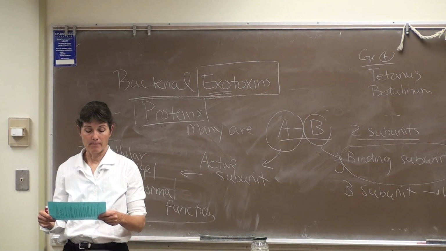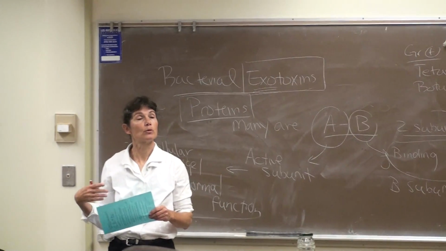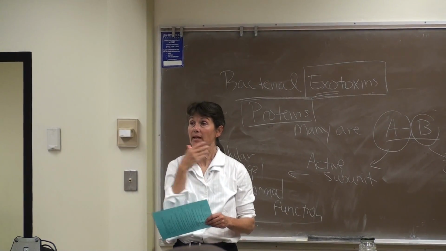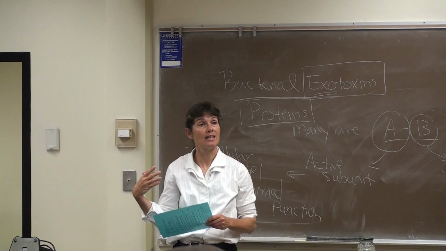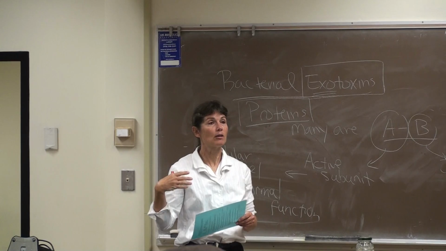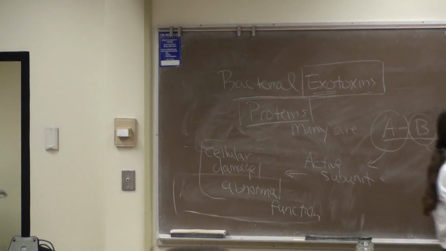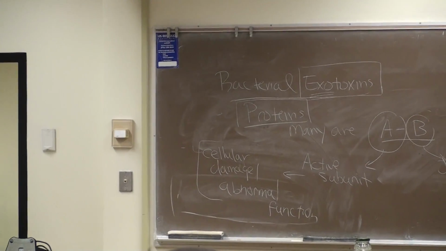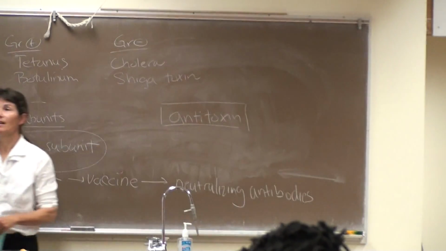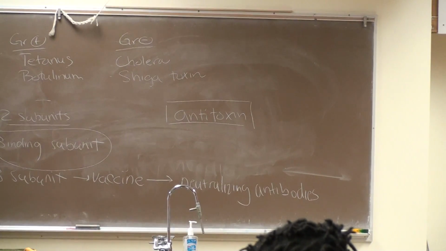Okay, and then toxoids are modified toxins that can't cause harm but will trigger a protective immune response. Exotoxins can be made into toxoids. That's part of the vaccines. The tetanus vaccine is a tetanus toxoid. We inject a modified tetanus toxin. It can't harm us, but it produces neutralizing antibodies. And then those neutralizing antibodies, those protective antibodies, are called antitoxins. So we can produce antitoxins, neutralizing antibodies against exotoxins. Okay? So what we'll do then, you guys, on Tuesday, we'll compare